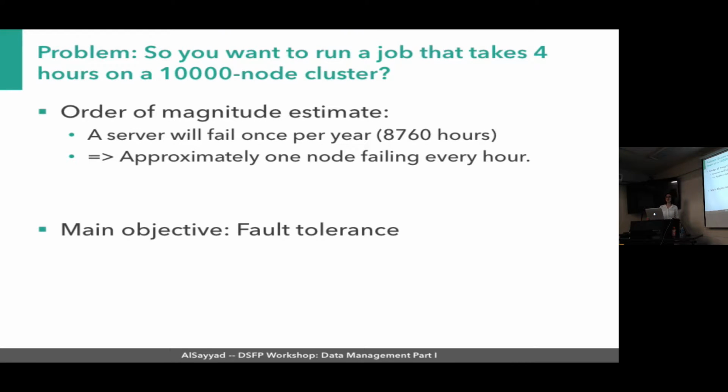Okay, let me motivate NoSQL databases. So these parallel databases are great, but what if we wanted to run a job on not 1,000 nodes, but 10,000 nodes? Under the assumption that a server will fail once every 10,000 hours, and your job takes 4 hours to run, then you can be sure that a node will fail and your job will not complete, and you'll have to